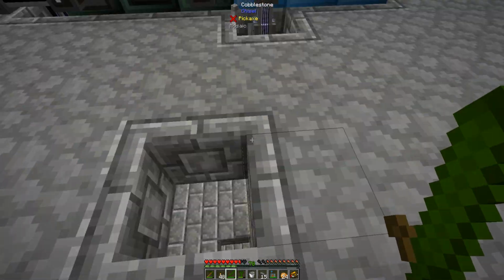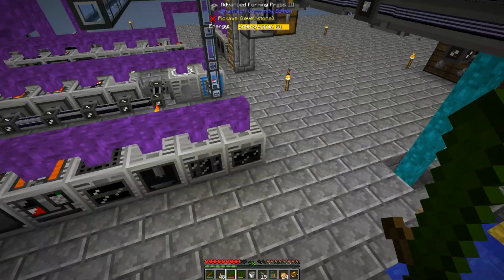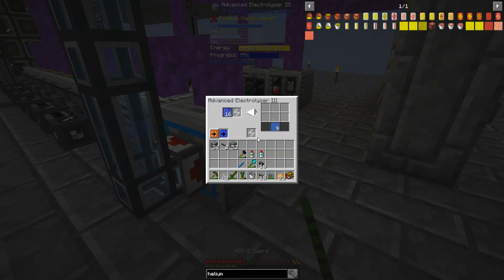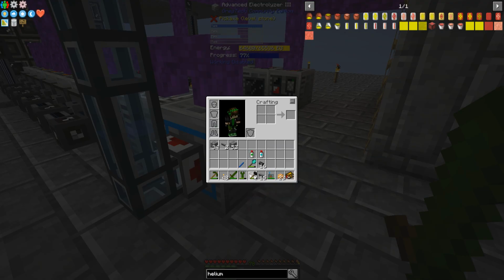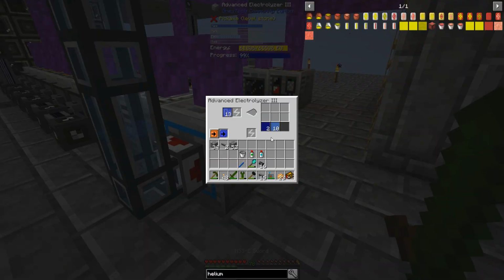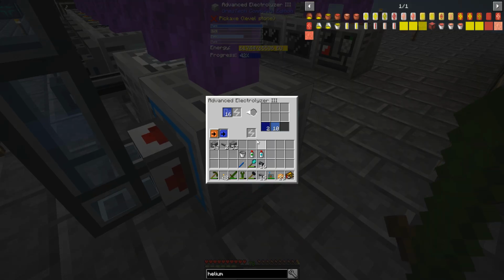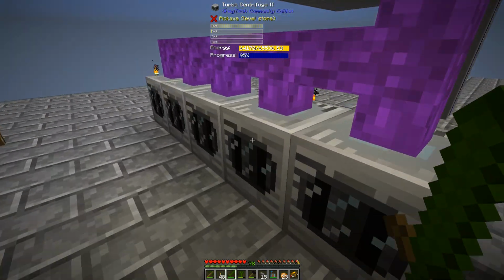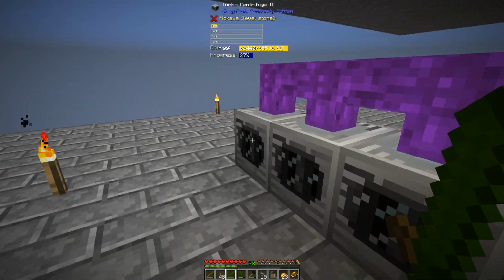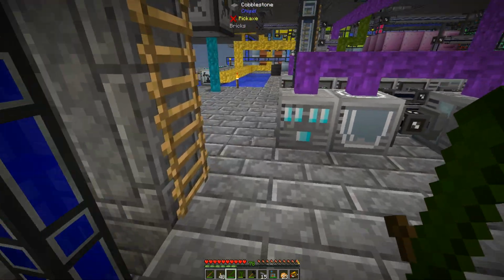So maybe I need to come up with a way to produce more hydrogen, which the easiest is... Oh, I don't have that running. Well, now I can get that running constantly. So, yeah. I don't know what the ratio is of electrolyzers to these. But anyway, that should be